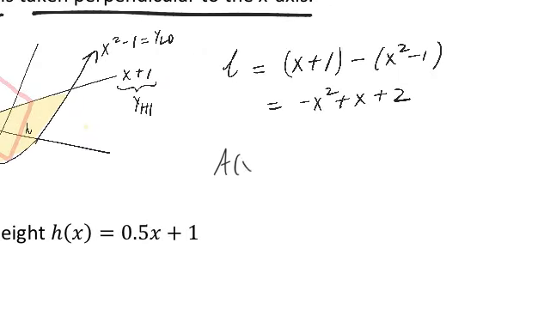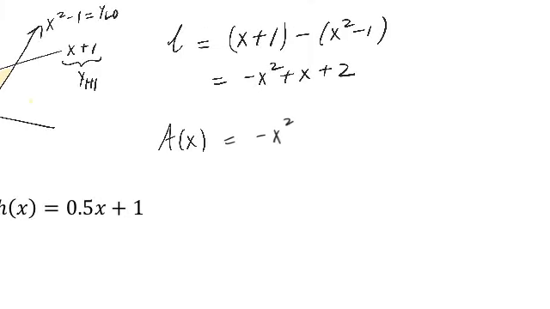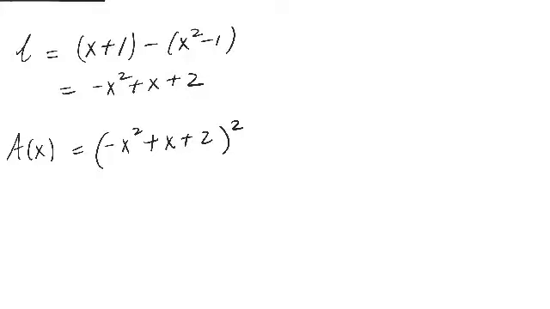So for area, you're going to look at the shape. This is a square, so we'll just square that. The area will be the length squared. Okay, then we do the volume integral. The volume will be the integral from